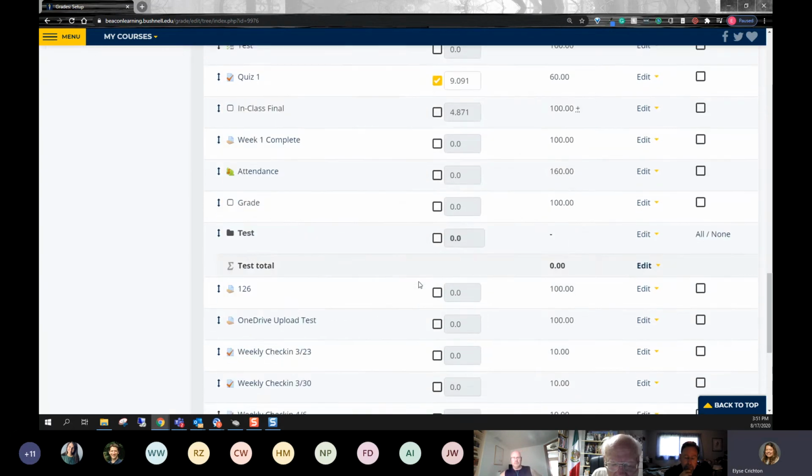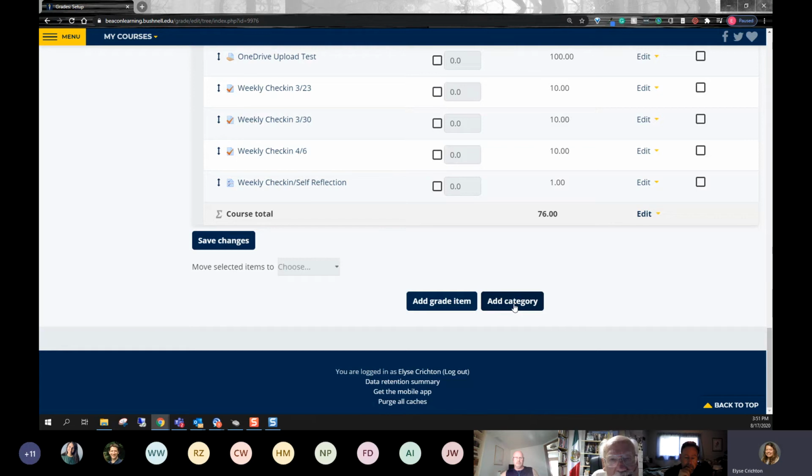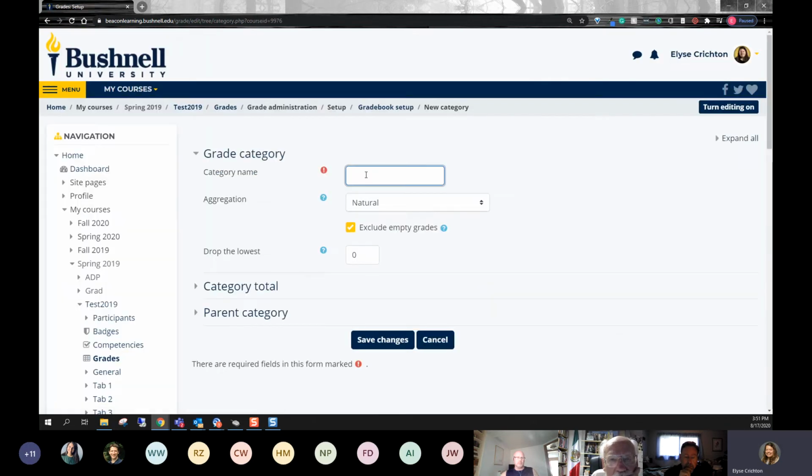So in your setup tab, if you come down here and you go to add category, you can create one, let's say participation. I'm going to leave it as natural, and I will leave it as exclude empty grades.